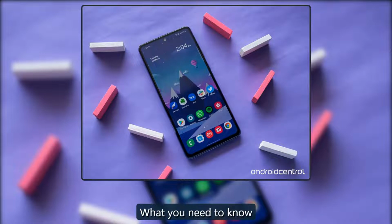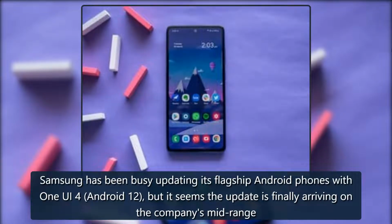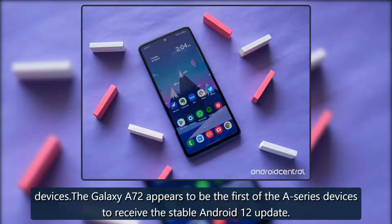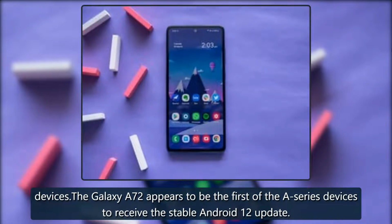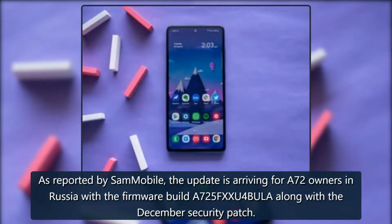What you need to know. Samsung has been busy updating its flagship Android phones with One UI 4, Android 12, but it seems the update is finally arriving on the company's mid-range devices. The Galaxy A72 appears to be the first of the A-series devices to receive the stable Android 12 update. As reported by Sam Mobile, the update is arriving for A72 owners in Russia with the firmware build